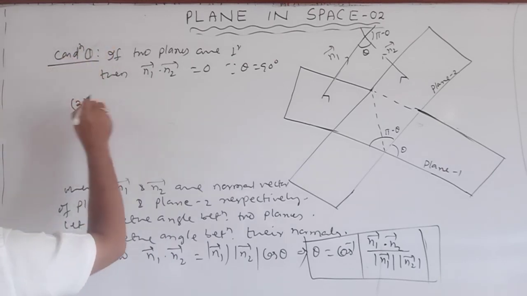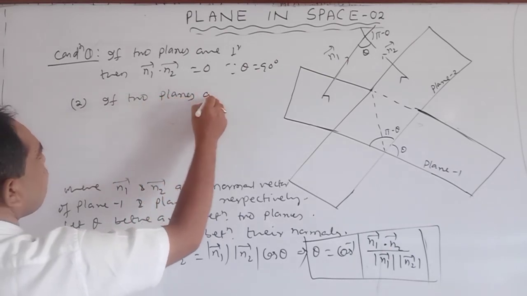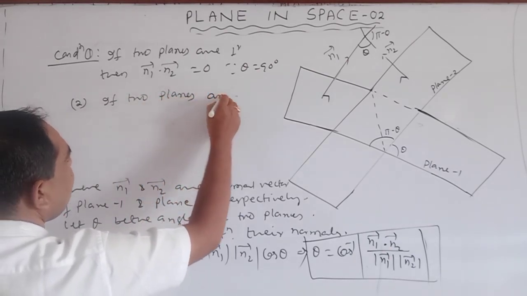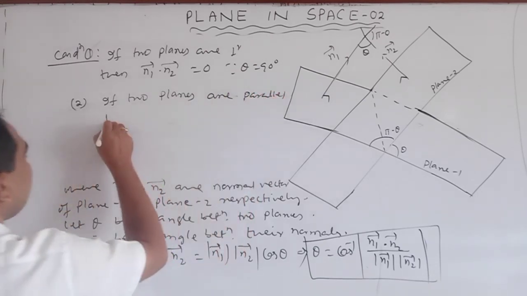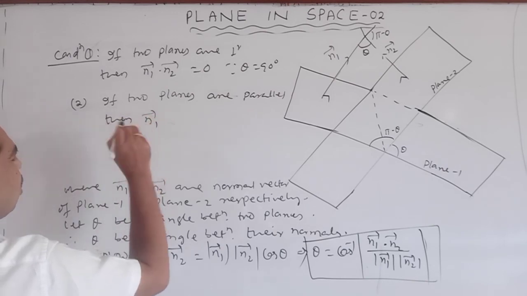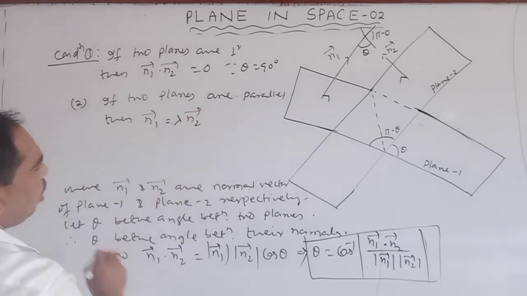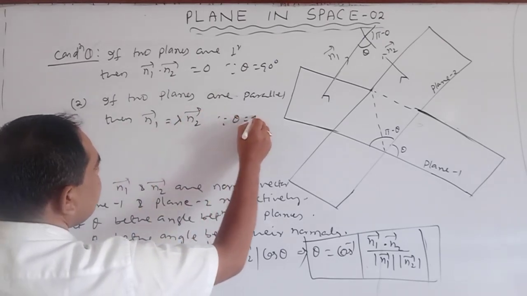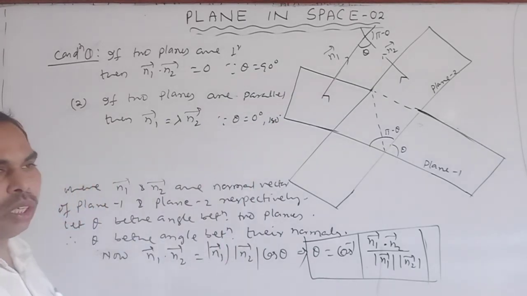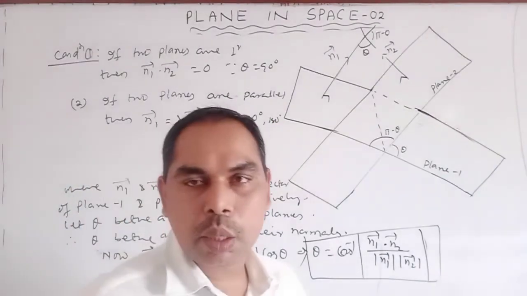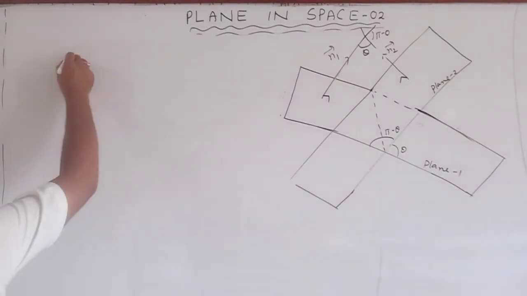Second, if two planes are parallel, then n1 vector is equal to some scalar multiple of n2 vector. Theta is 0 degree or 180 degree. So n1 vector is equal to some scalar multiple of n2 vector. Okay. In Cartesian form